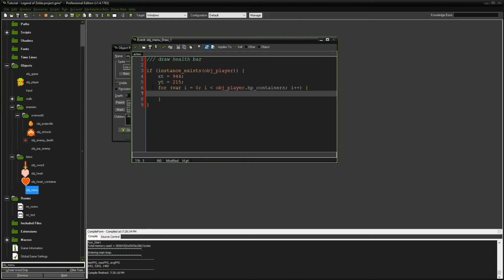So if you're not familiar with the for loop, you set up your variable here to start iterating on. So we'll start with the number 0. And as long as 0 is less than how many containers we have, we'll do some code and then it will add 1 to it and it'll keep looping through it. Okay, so we're going to say